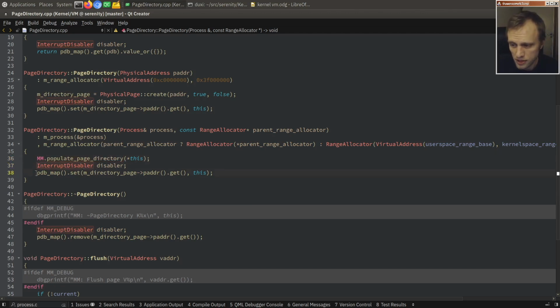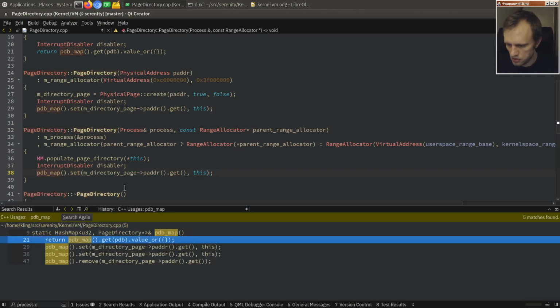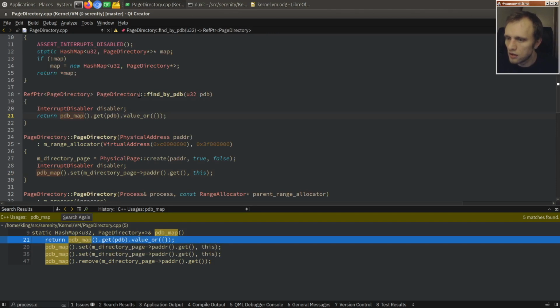And then we also set up a mapping from our page directory map, so that this is used in some places where we want to go from a CR3 value, a page directory register value, to a page directory object. So this is just a way for us to be able to look that up. And then here, this is for this helper right here. You can look up a page directory by the page directory